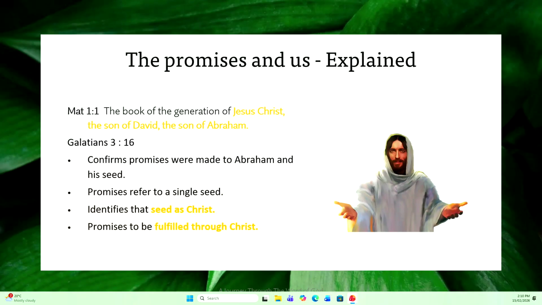So by using Galatians, the Apostle Paul knew quite clearly that yes, the promise made of the seed of Abraham was about the Jews, but in this case it's more specific and it's talking about Jesus. So somehow Jesus is the link to untying this promise that is yet to happen.